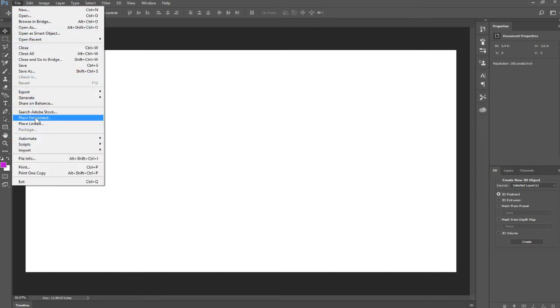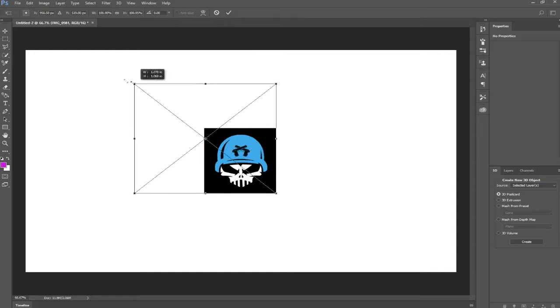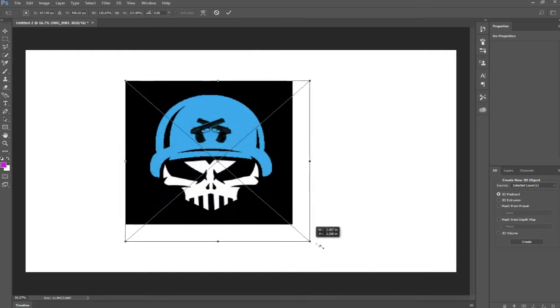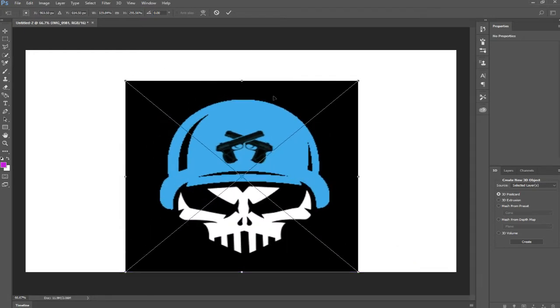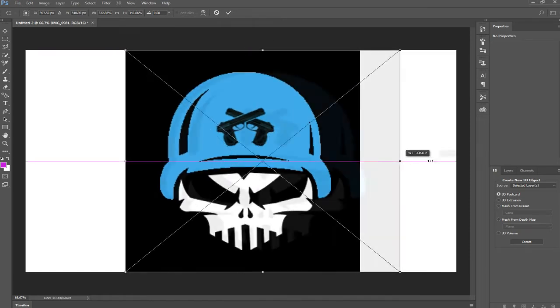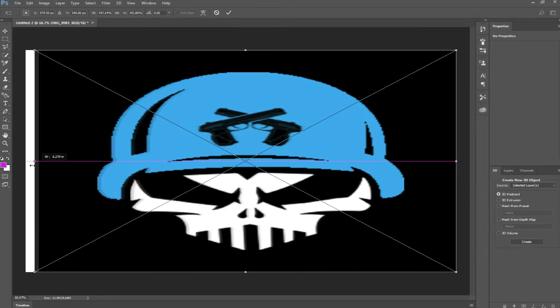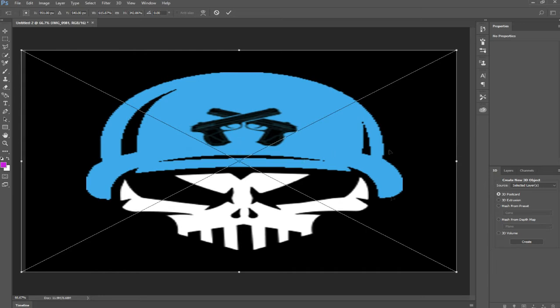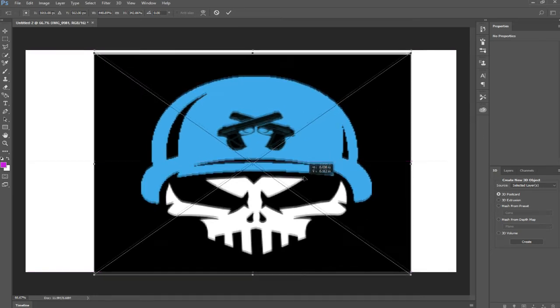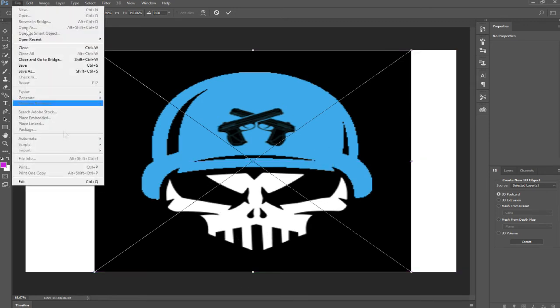To get around it, you're going to have to go to File, and then instead of doing Open, you go down to Place Embedded, and then you do your little thing again, and then it'll come up here. My image is small, so I'll have to fit it to the picture. Since mine's supposed to be a square, it'll be all weird and stretched out. So that's how you get your image in on top of your layer, is to go to File